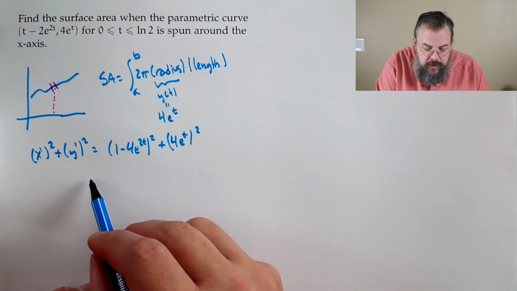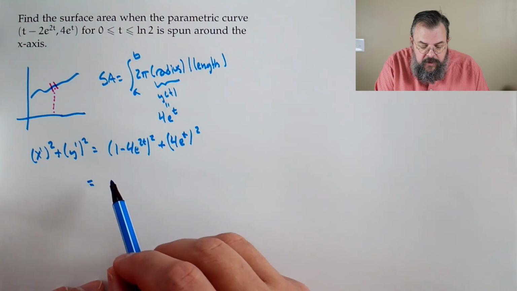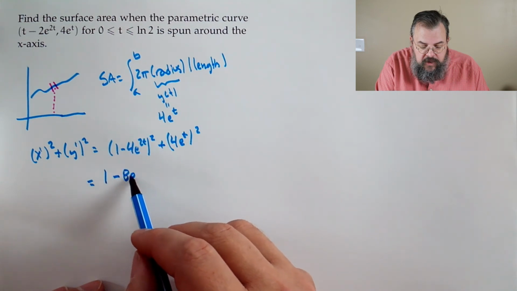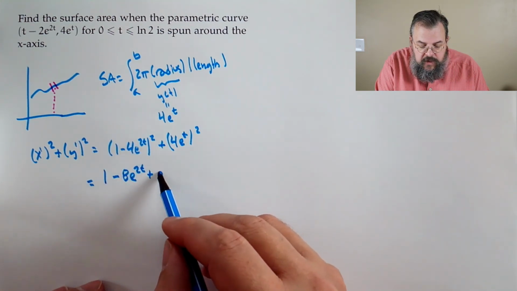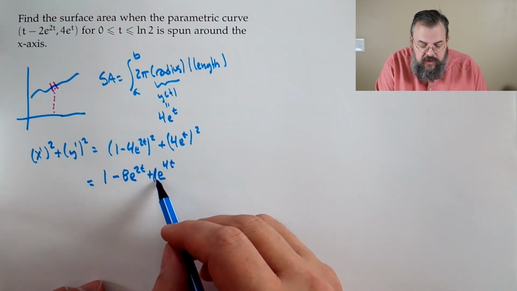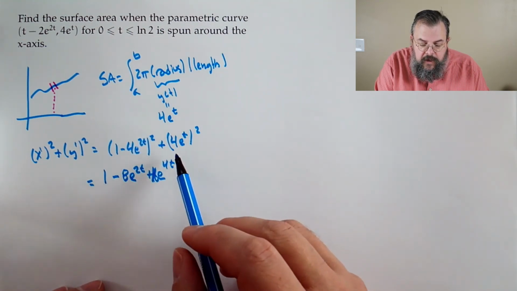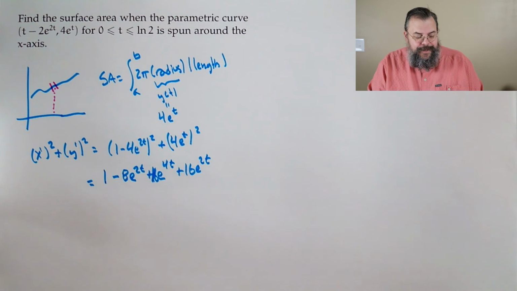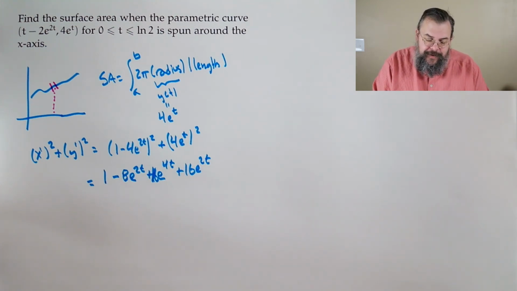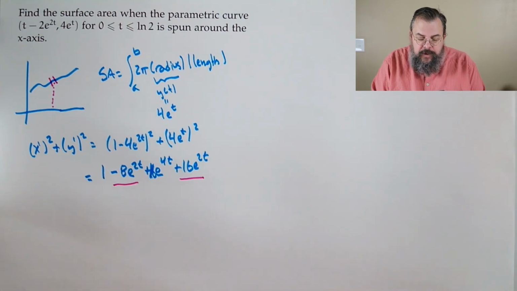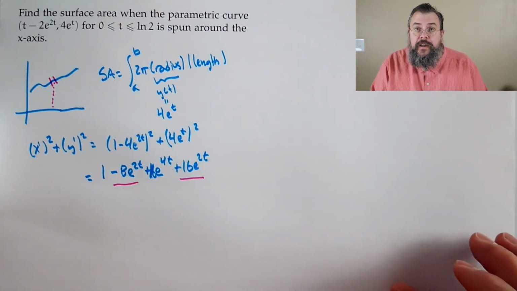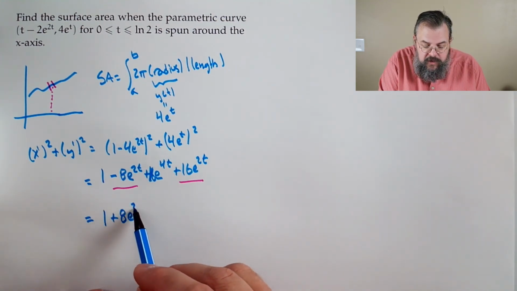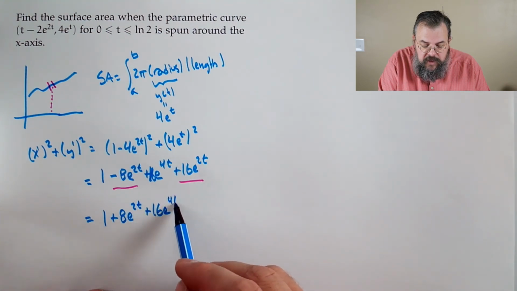Okay, well, what does that become? Well, it becomes 1 and then minus 8e to the 2t plus e to the 4t, 16, sorry. Don't forget there's a factor of 16. And then here, plus 16 e to the 2t. And now we've really played this game before. Look, this last term combines with that term. And we get something very clean. So this is 1 plus 8 e to the 2t plus 16 e to the 4t, which means